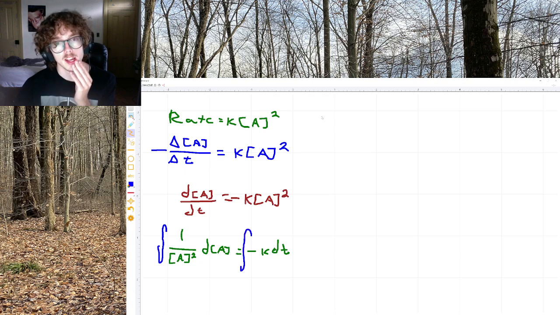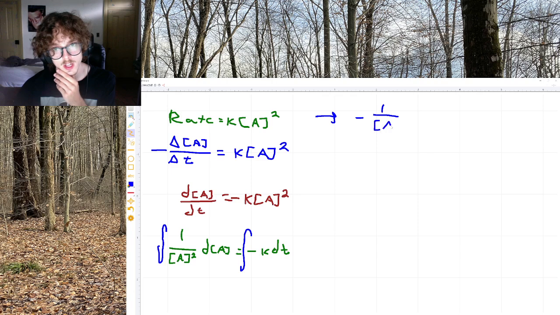What we're going to find is negative concentration of A to the negative 1, or in this case, negative 1 over concentration A, is equal to negative kt